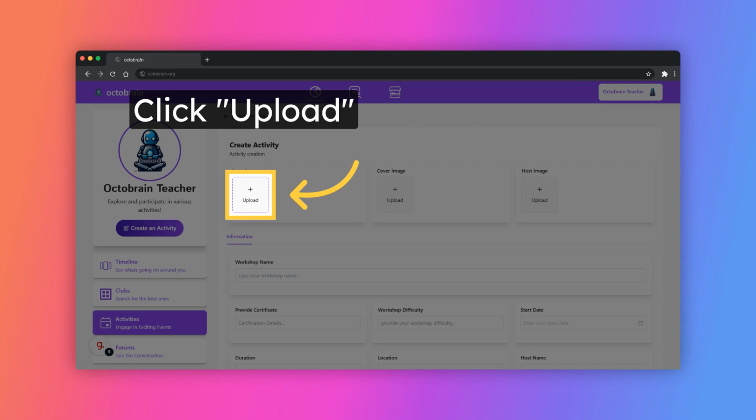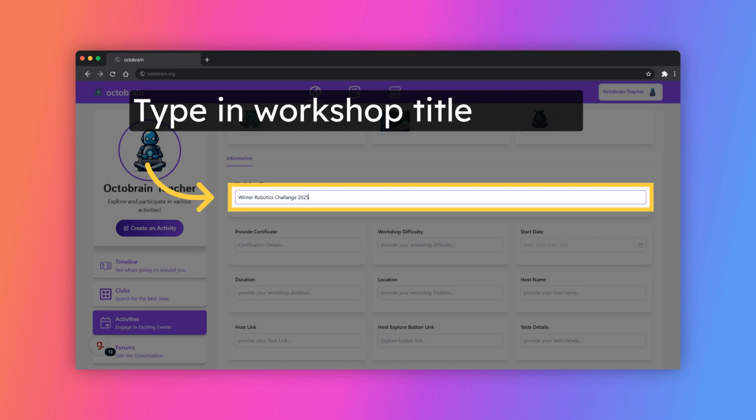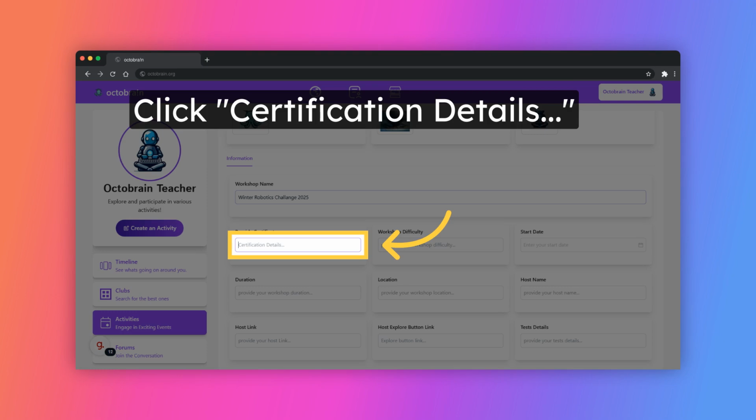Now let's provide workshop details to create the workshop. Let's start with workshop logo, banner and host image. Continue with the upload process. Proceed with the upload process. Enter the workshop name. Specify the workshop name. Provide the certification information for the workshop, whether a certificate will be given after completing the